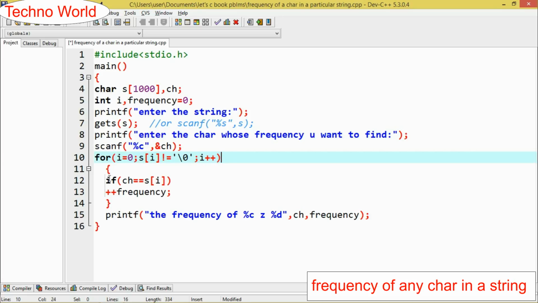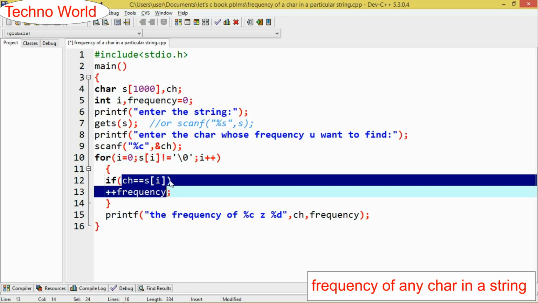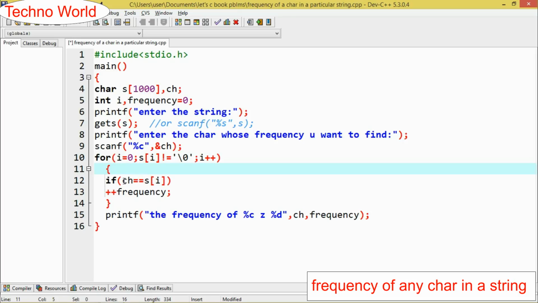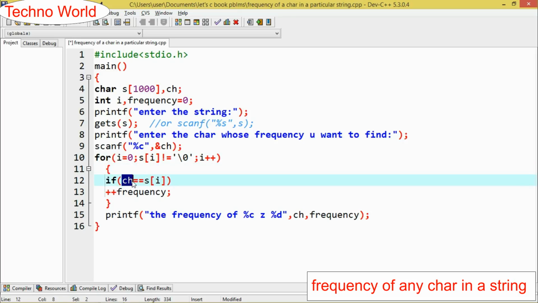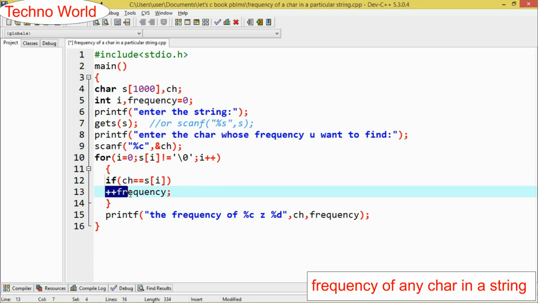Then I start the for block, and in the for block I just used an if statement. That's a condition, that if c is equal to s[i], that means if the ASCII value of the character which I have entered is equal to the ASCII value of any character in the particular string, then the frequency should increase by one.